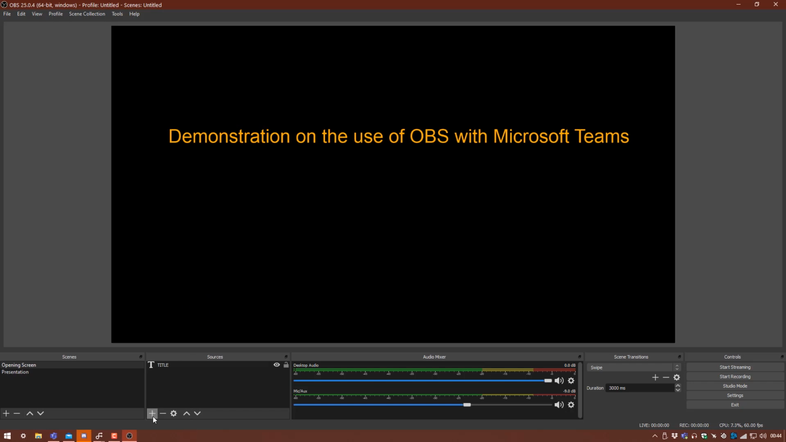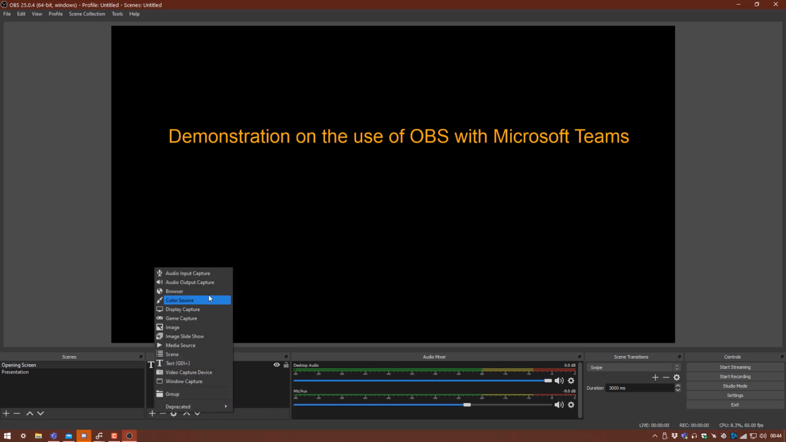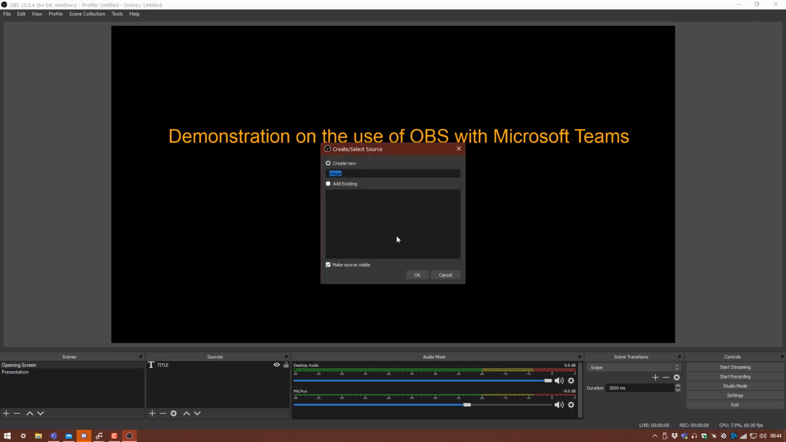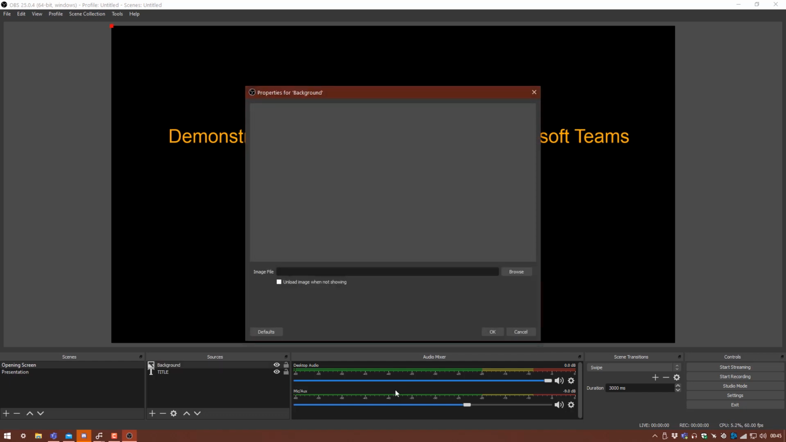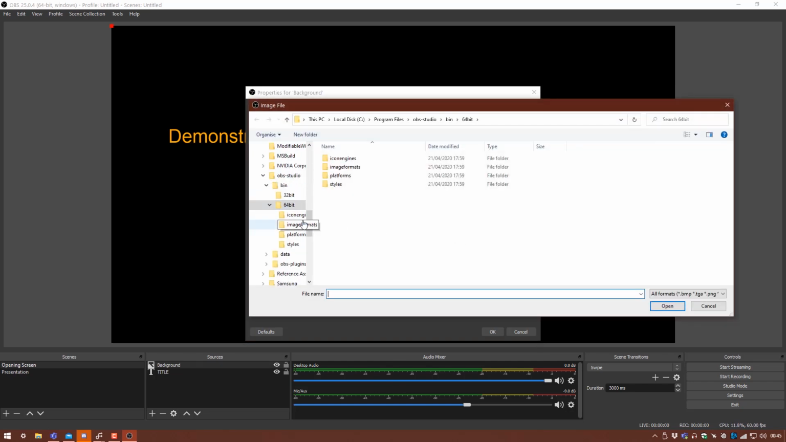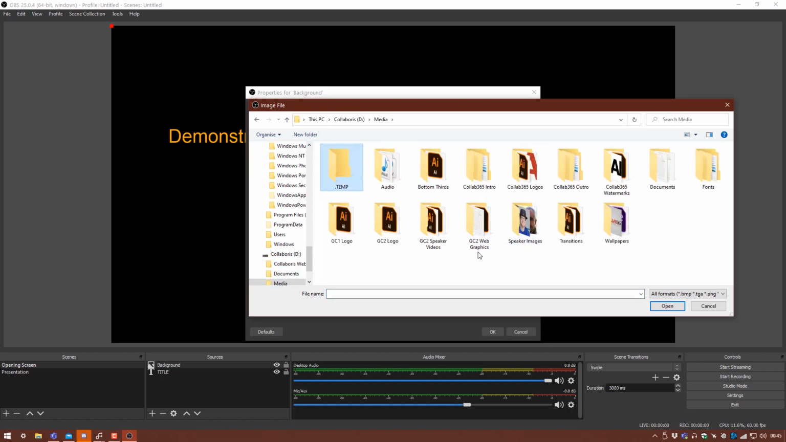And we're going to add a bunch of images. So I'm going to get a background image, and to make it look fairly pleasing to the eye, I'm going to add 2 logos just to give an insight into what this meeting's supposed to be about. So I'm going to go here to the sources and add an image. I'm going to call this background. And I'm going to select the image file here, click Browse, and find a background